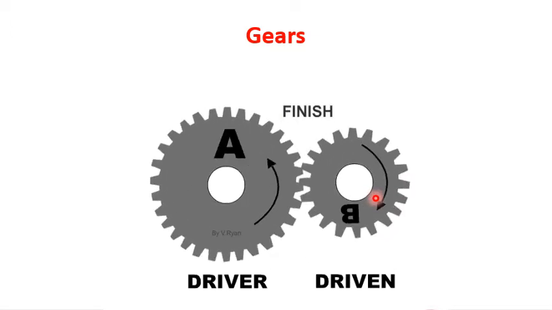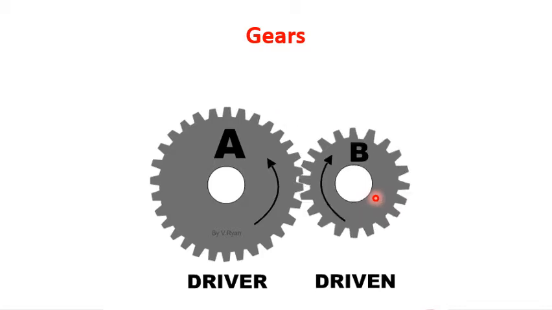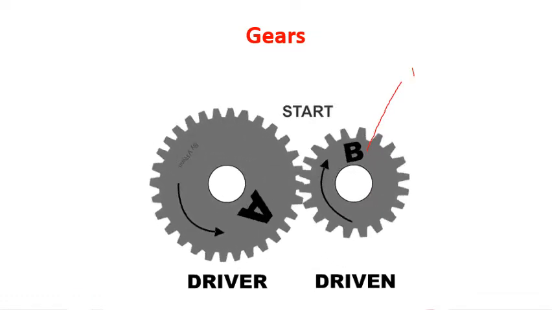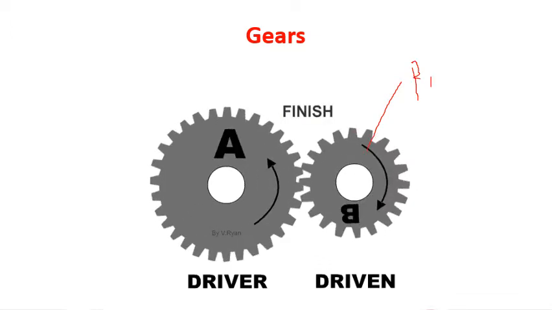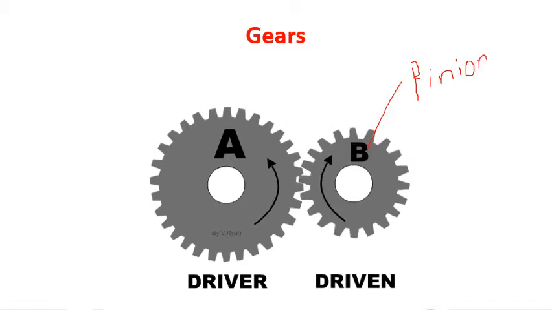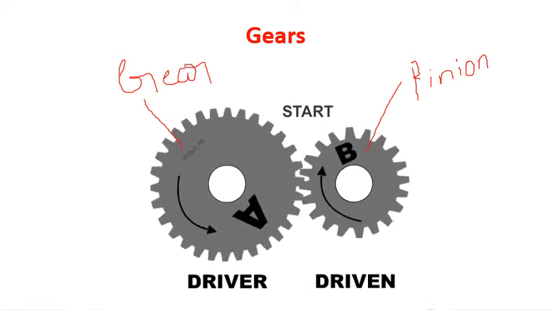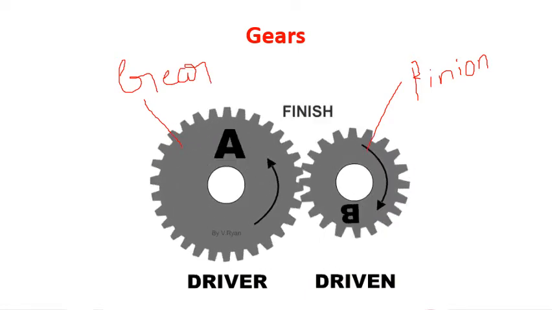These gear drives consist of two wheels. The small wheel is called a pinion and the larger wheel is called a gear. Here in this case, this is the small wheel, we call it a pinion. Whereas the bigger gear is called gear. So always the small gear is nothing but a pinion, whereas the bigger gear is nothing but a gear.